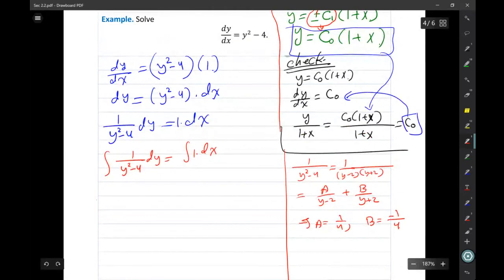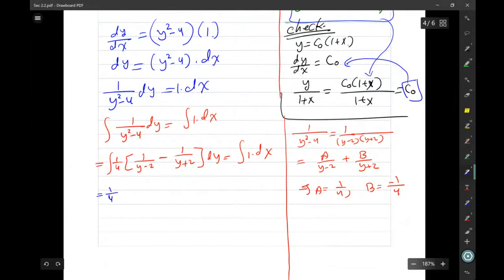So this one here becomes the integral of 1 by 4 times 1 by y minus 2 minus 1 by y plus 2 dy equal to the integral of 1 times dx,